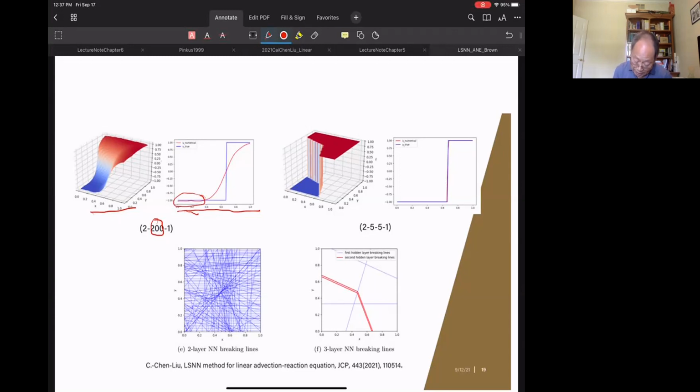You can see the interface a little bit, but it does not line up very well. Instead, if we use 3 layers with 5 neurons at each layer, then we get almost a perfect solution. If you look at how they capture it, they capture it extremely well. And if you look at the break lines, they line up perfectly with the interface. This gets us very, very excited about this neural net. Okay,